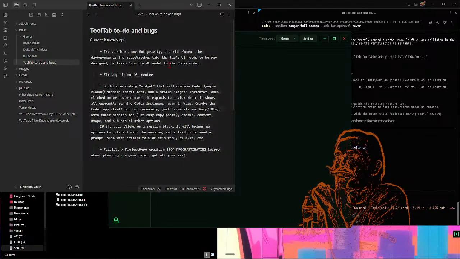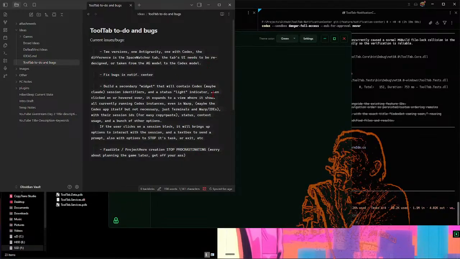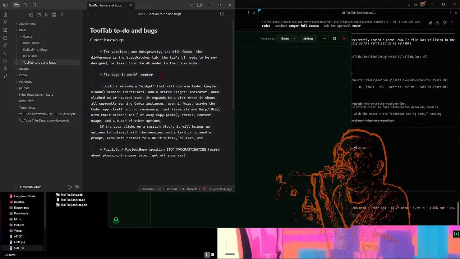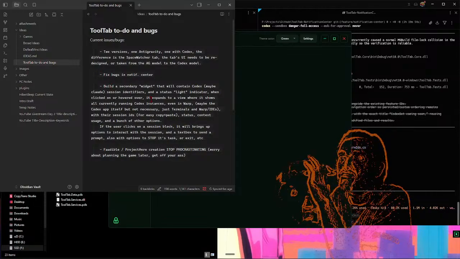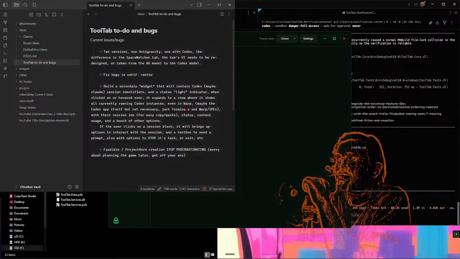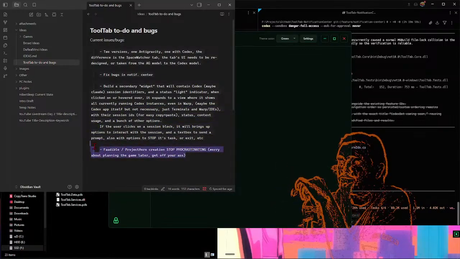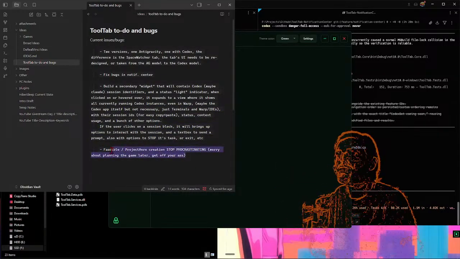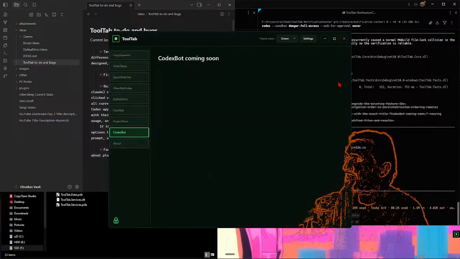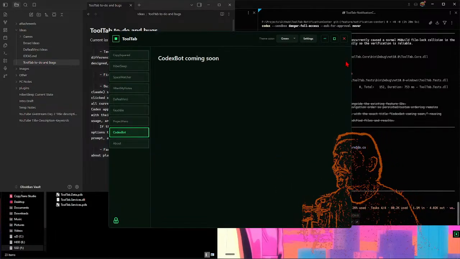Tabs ready to redesign or take your aging model. That's the space washer tab. We'll do that later. Fix bug in notification center. We can do that later. Build a secondary widget that will contain Codex. Maybe, yeah, that's the one I'm talking about here. So that's definitely what we want to work on. And then the Project Hero. So we'll start working on Project Hero, and then as that's working, we'll start working on the Codex bot, which